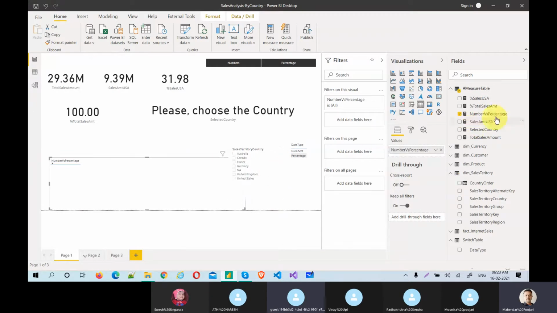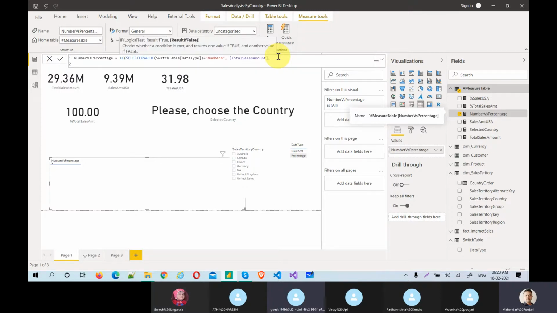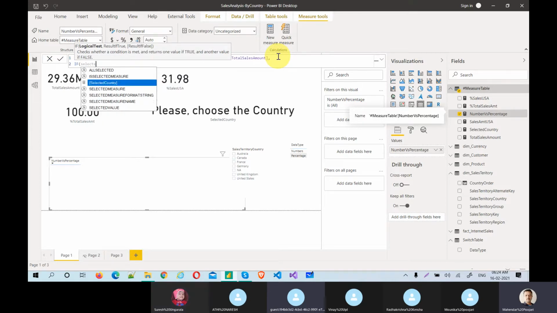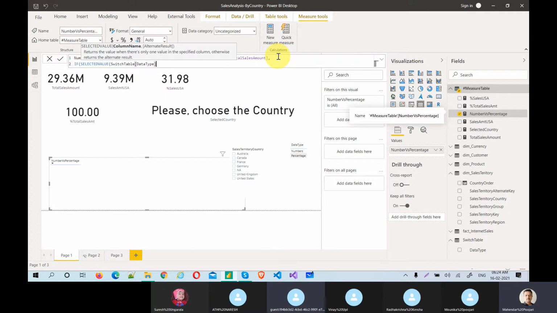So now let's go to this number versus percentage. Let's recreate our same story. Total sales, comma, and if selected value of data type. I'm just typing data type, so it will automatically choose the table name. Data type is equal to percentage.